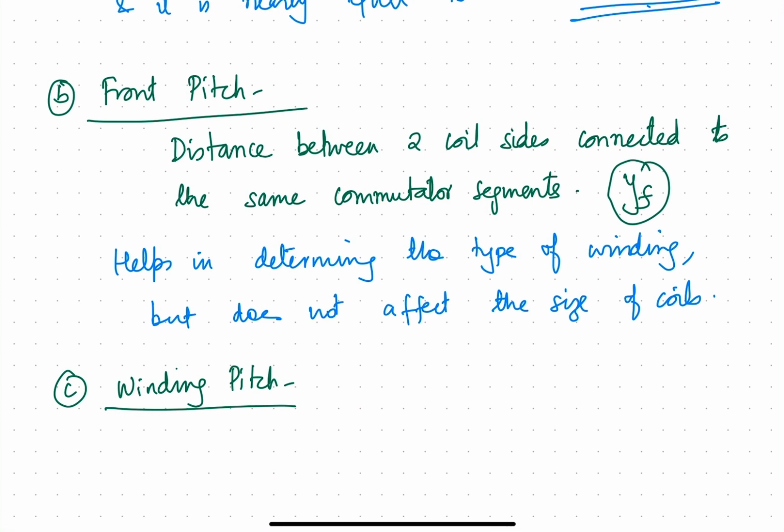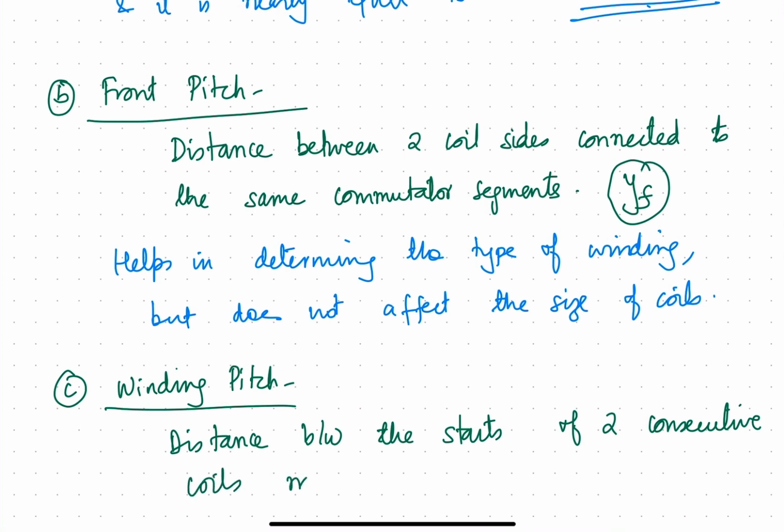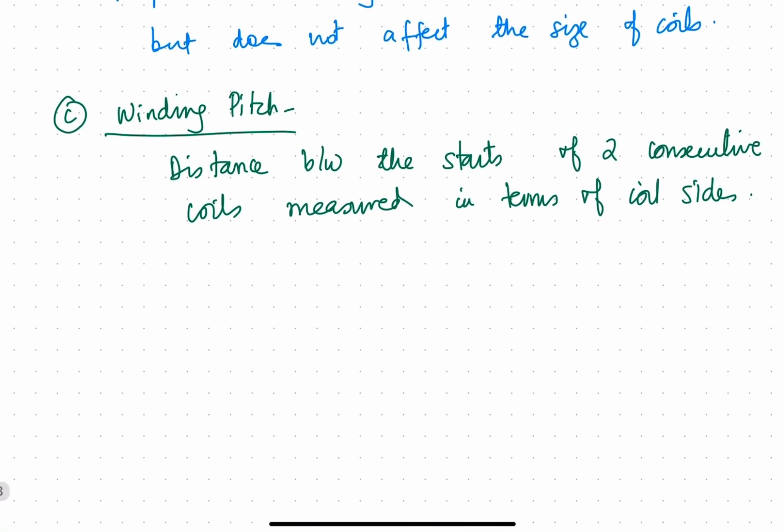The winding pitch is the distance between the starts of two consecutive coils measured in terms of coil sides. Okay, so the distance between the starts of two consecutive coils measured in terms of coil sides is known